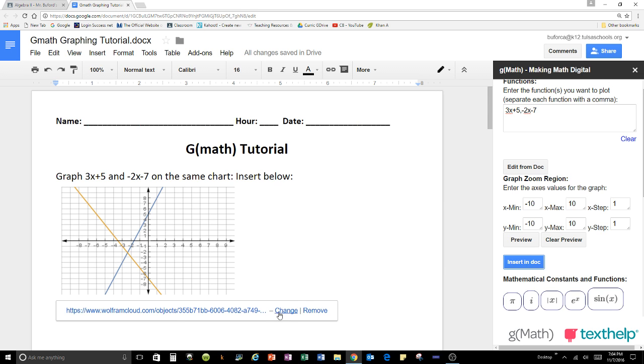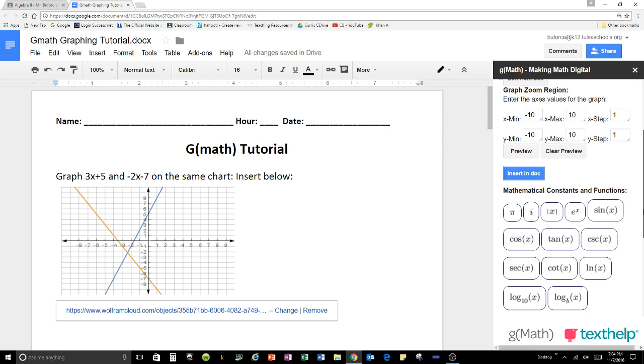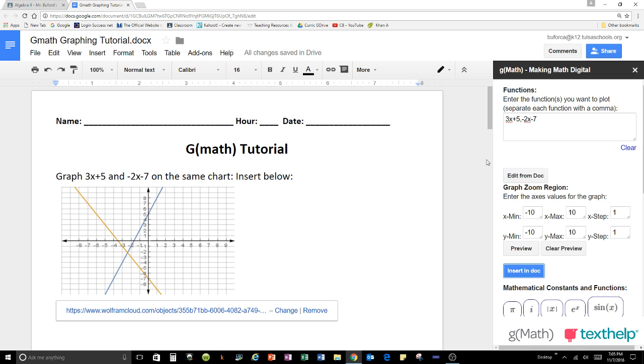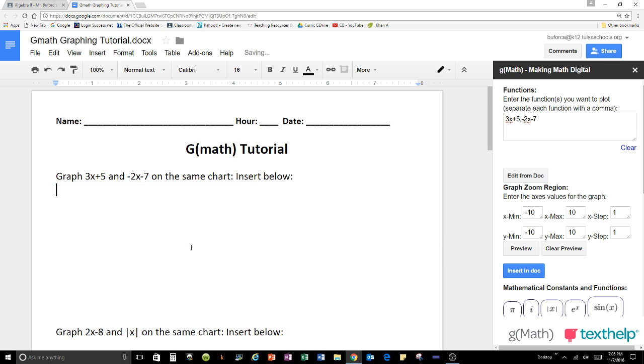So there's really no reason to have to look at it in the area where you're doing a preview, because you can just as easily click delete and retry. So if we changed one of these equations to, I don't know, let's say -20,